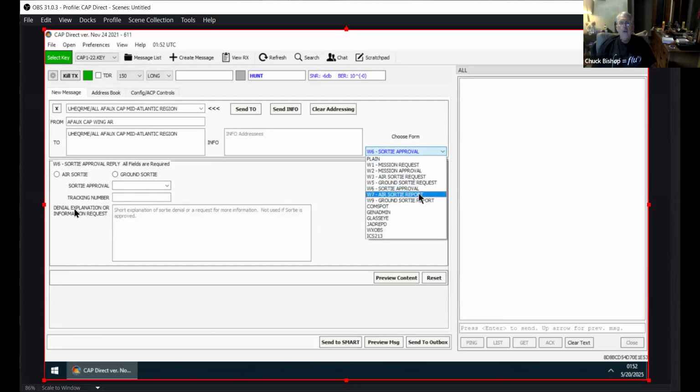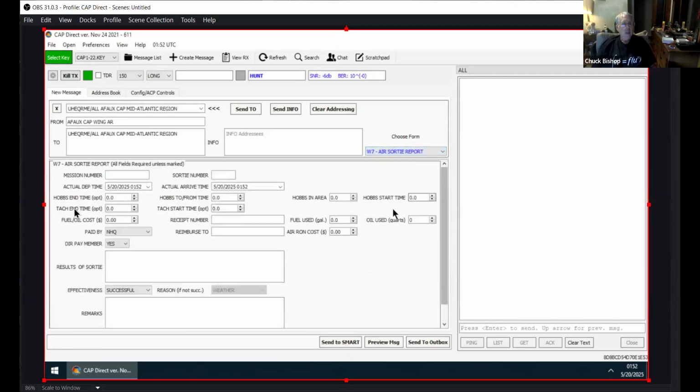Then air sortie report. And this is successful, unsuccessful, marginal, not flown, not required, but results of the sortie. Because we can't get into WIMMERS to put all this information in on the comm log. Therefore, here it is. And Texas was using this voice